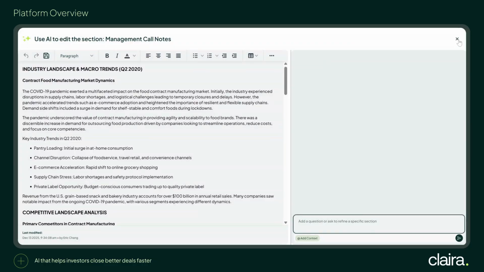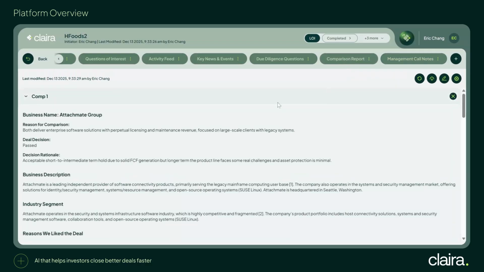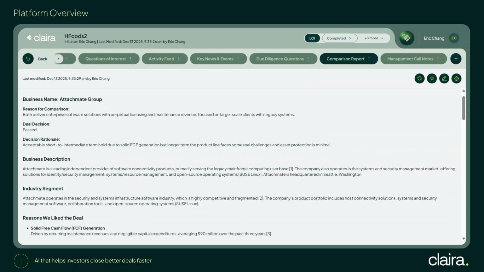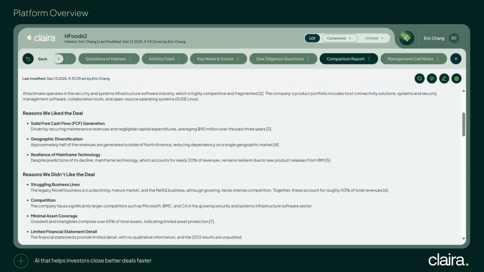the final investment memo. What's quite neat about the platform as well is as I am using the platform more, there's a comparison agent as well, where it will look through the historical deals that we as a team have evaluated and looked at, find similar transactions, and be able to bring that forward for me to evaluate against this current new opportunity. Summarizing not only the basis of the transaction, but actually giving me a quick reminder of what I liked and didn't like about the deal, and so I can take that into consideration when evaluating a new